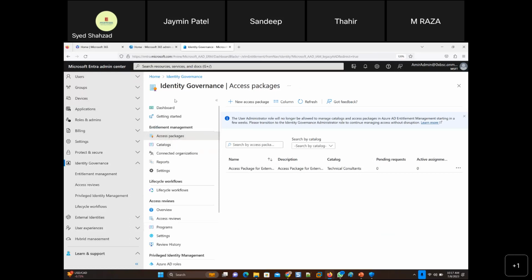Governance is very serious stuff, and those who are good at governance can talk a lot about it in the interview. If you're already responsible for Microsoft 365 services in your company, then you should implement governance right away.